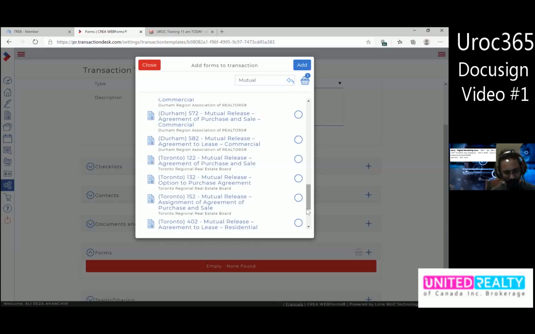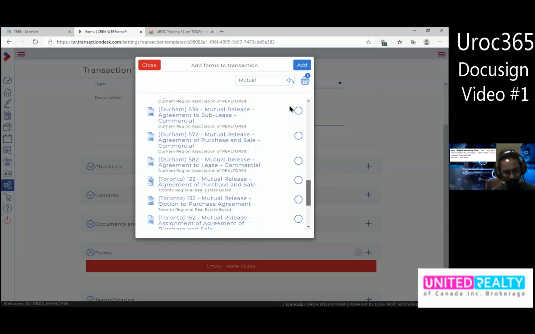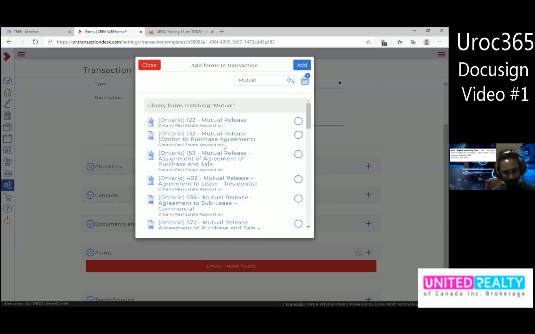But for the mutual release, actually, we should go to the Toronto Real Estate Board. Actually, it should be this one. Yeah, 122. This is the third form. Now, FINTRAC, as Masood said. FINTRAC,